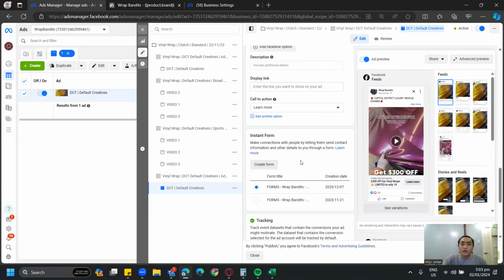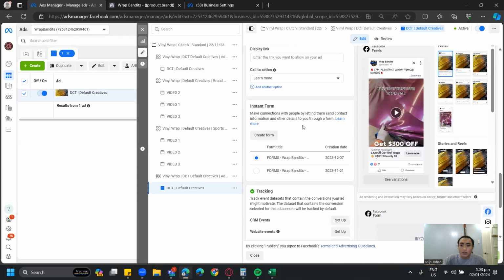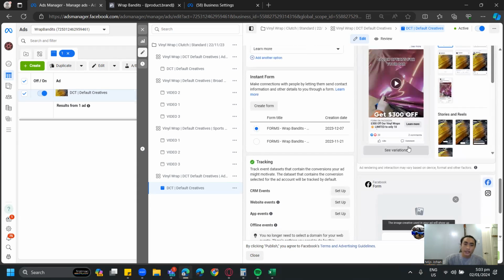Now, I want to show you how the form looks. One good thing about getting a good cost per lead is that you have to sacrifice quality of lead. So there's an inverse proportion. The lower the cost per lead, most of the time the quality of leads is bad, and it goes vice versa. But in this account is what I want to show you.